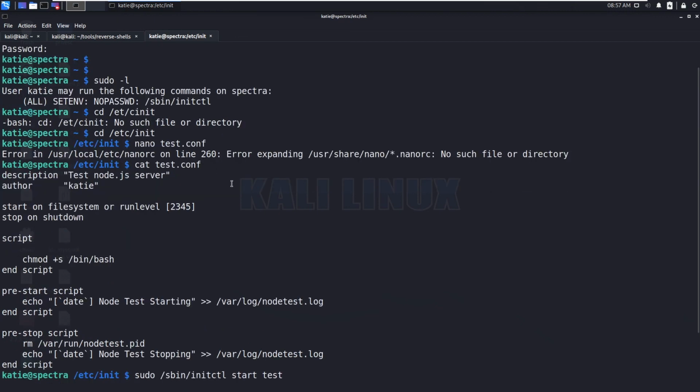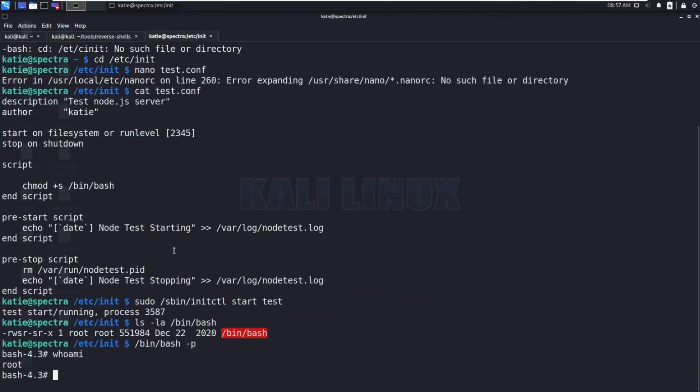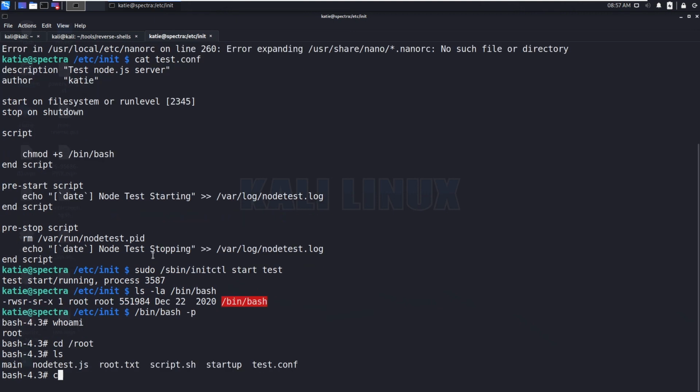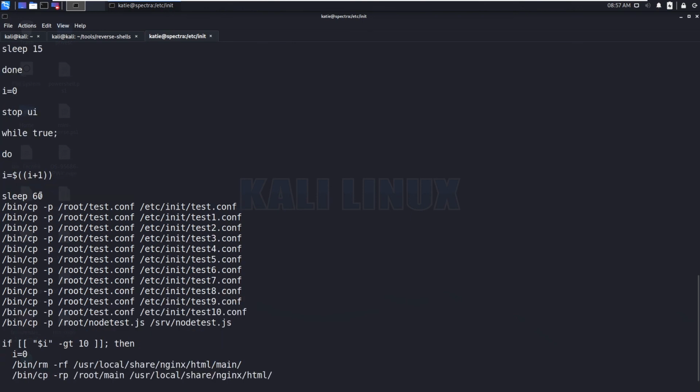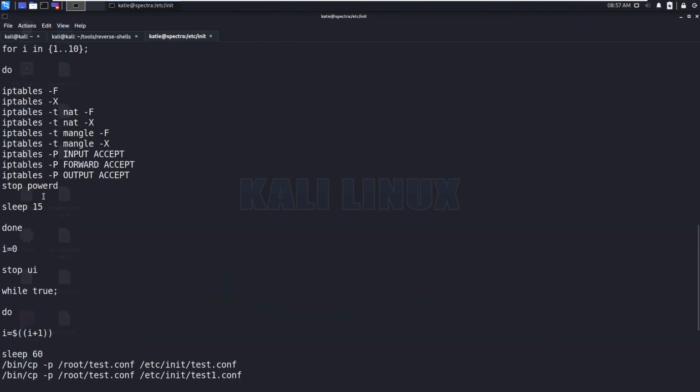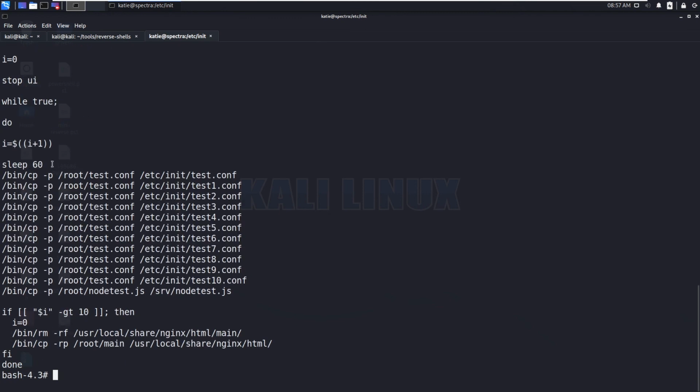Somebody had rewritten it, so I will show you why we were getting rewritten. cd /root and ls. This is the script that is going to be run by the cron job, script.sh. I don't know whether these are milliseconds or seconds.